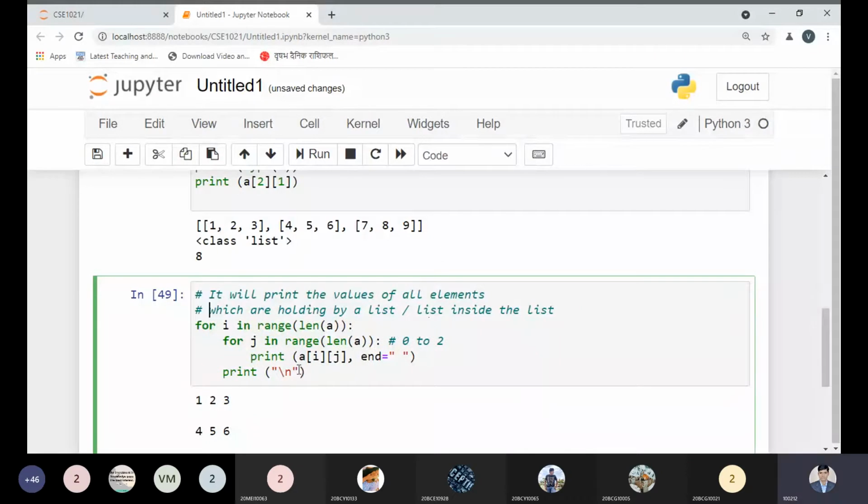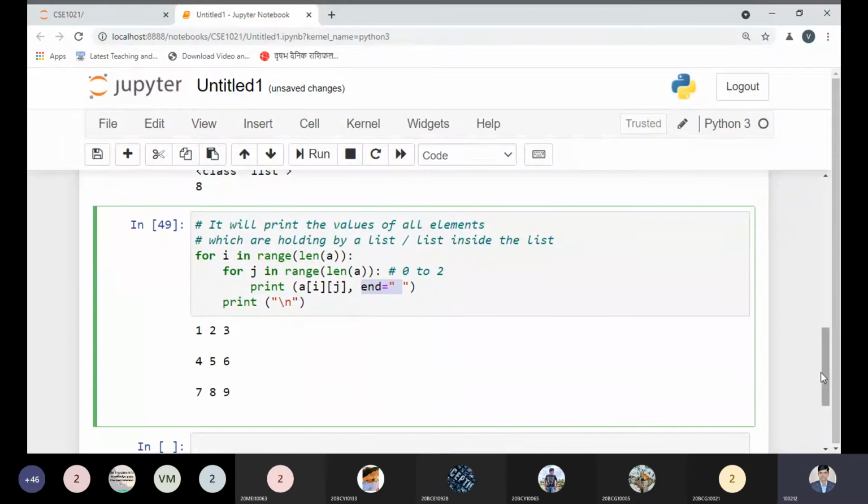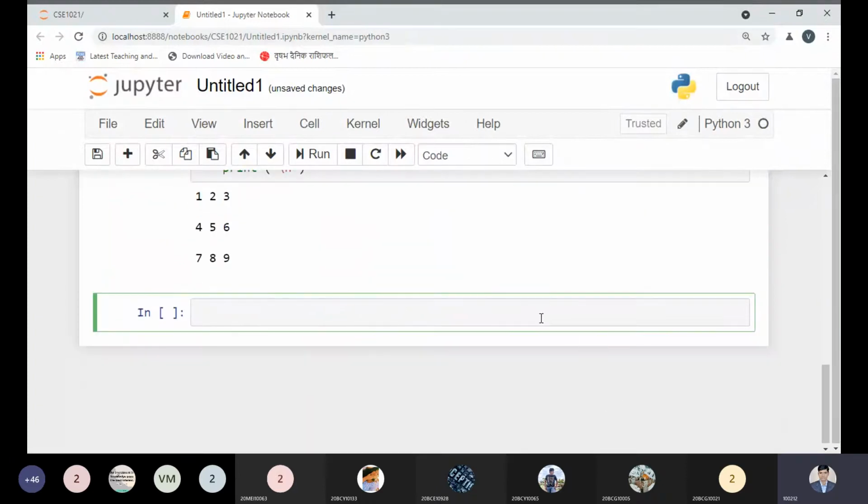Now we have printed over here. Now this end is a format string which is a part of the print method. So we have seen how we are using it. If we are not using it, then your value will be printed in a different way. Let us continue with another concept I'm just remembering. This is known as the partitioning of an array.